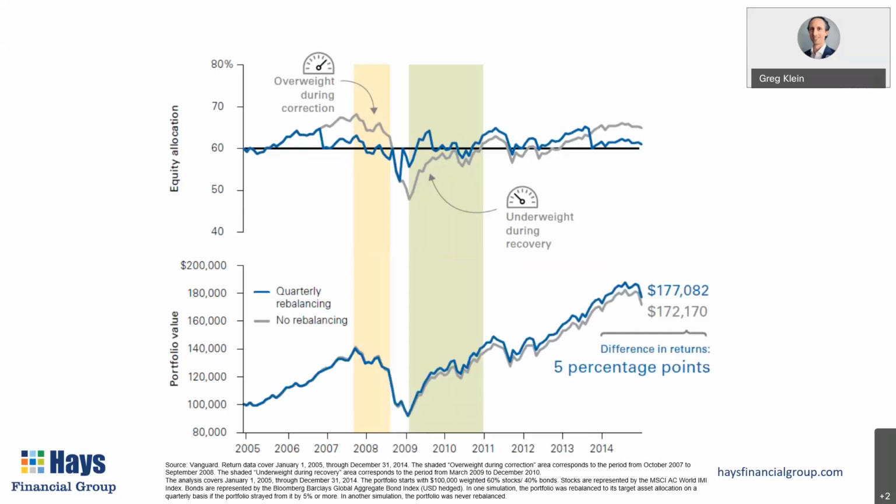And you can see the result of that with quarterly rebalancing versus no rebalancing. And we saw it doesn't matter quarterly, twice a year, once a year, you just got to do it and it can help your performance. You can see this in this account with $100,000 balance, and we're talking about $5,000. I mean, that's real money just for flipping the switch and turning on that automatic rebalancing with your account.